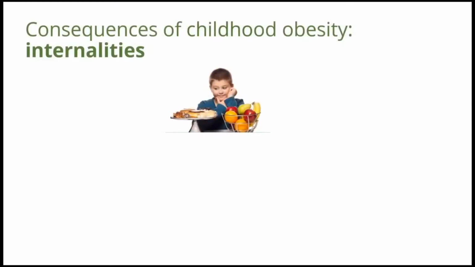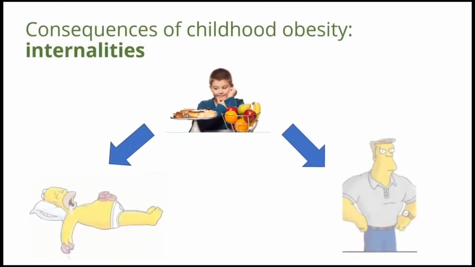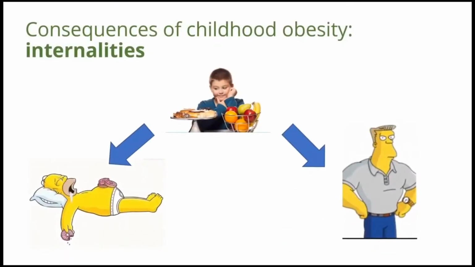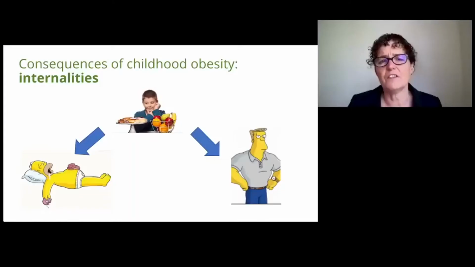Economists have formalized these ideas recently with the label internalities, which are like externalities but where the social costs of excess consumption fall on the person themselves in the future. For children, the long-term consequences of eating an unhealthy diet are likely not to be factored into their decision-making, and for some children, their parents do not seem to be fully accounting for these either. This is particularly true for children growing up in deprivation.